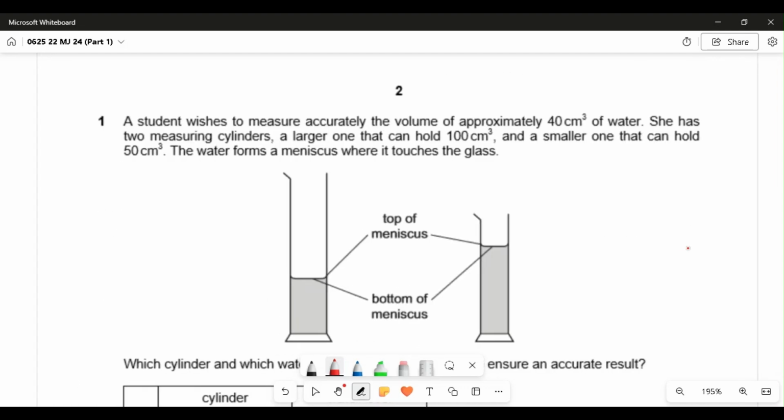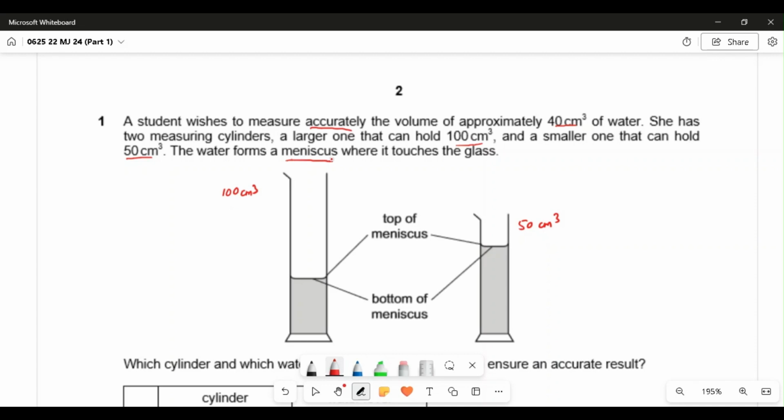Question number 1. A student wishes to measure accurately the volume of approximately 40 cubic centimeters of water. She has two measuring cylinders, a larger one that can hold 100 cubic centimeters and a smaller one that can hold up to 50 cubic centimeters. This one is the larger one that can hold up to 100 cubic centimeters and this one is up to 50 cubic centimeters. The water forms a meniscus that